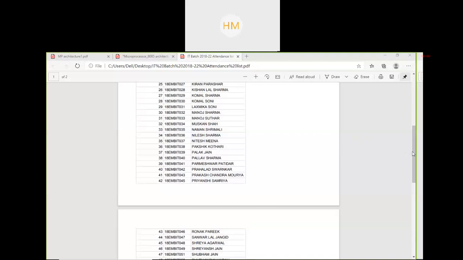Okay, from 30 to 40. 33, Kiran Parashar is present. Her roll number is 25. Just wait. Only roll number 33 and roll number 40 Prahlad.